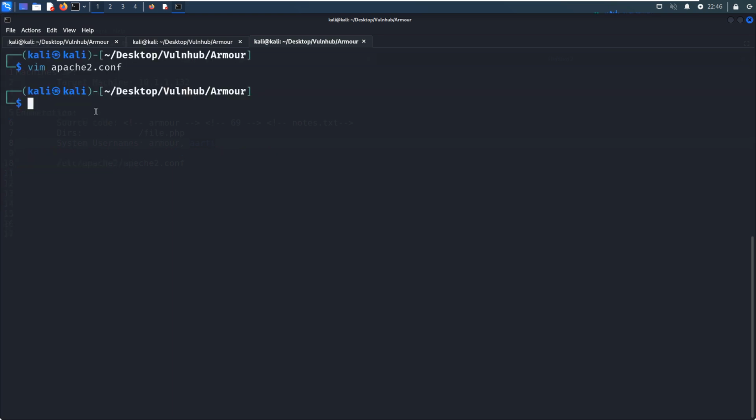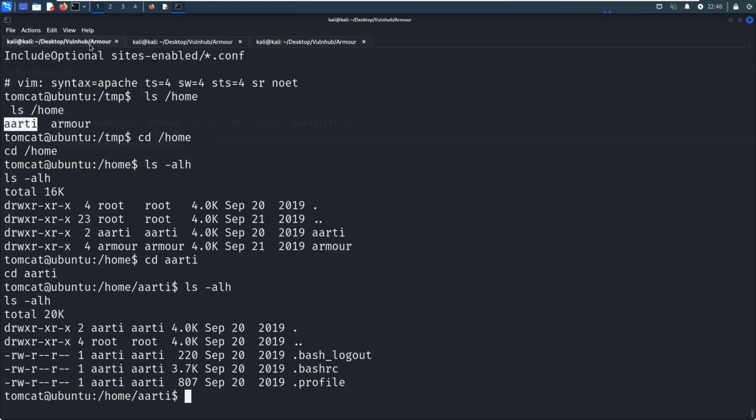So next we need to upload this file to replace the original one. Okay, so how to do it? We can use wget for Apache 2 conf, and we can use the capital O to replace or save it in the same location with the same file name.